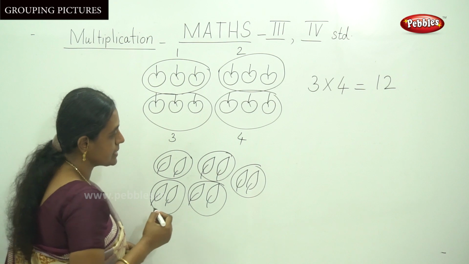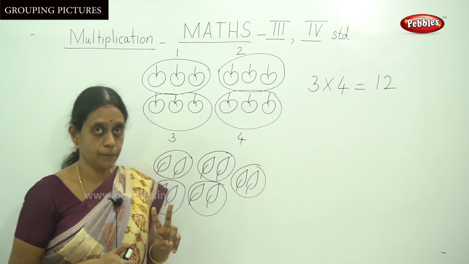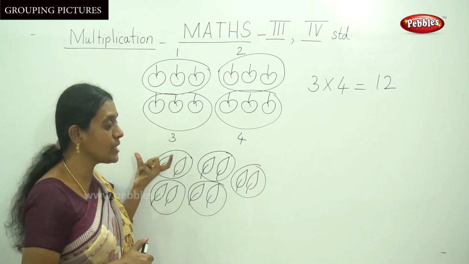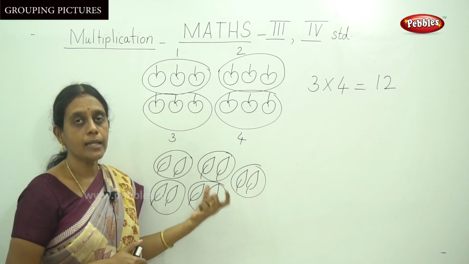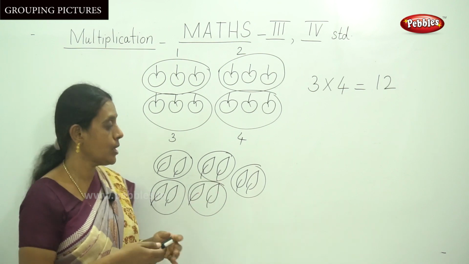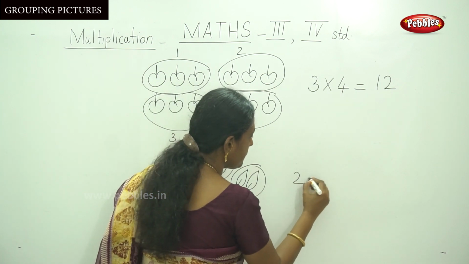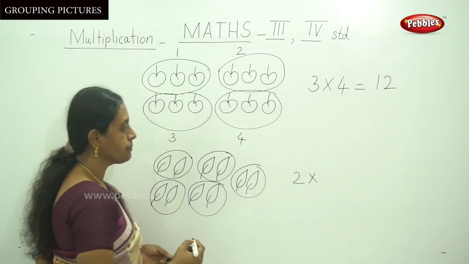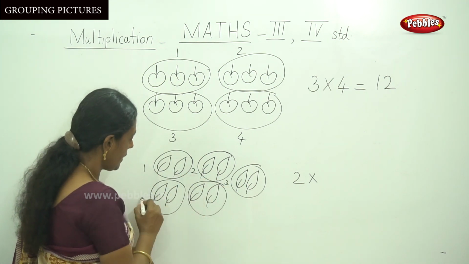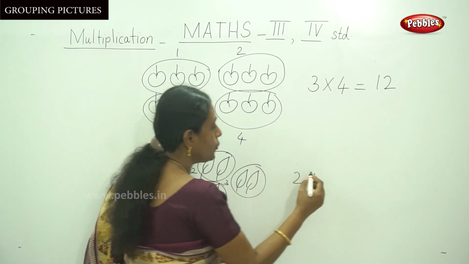What are these? These are leaves. In each group there are 2 leaves. So first count the elements in each group and write down this number, and then count the total groups, the total bunches. Here in each group it has 2 leaves. Put the multiplication sign and count the groups: 1, 2, 3, 4 and 5. So 5 groups. So put it in as the group number.